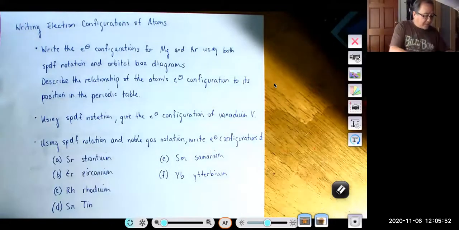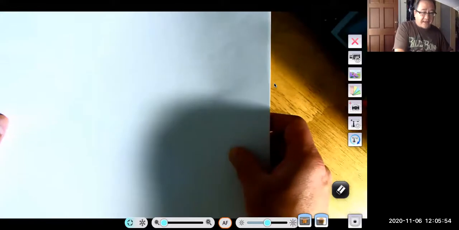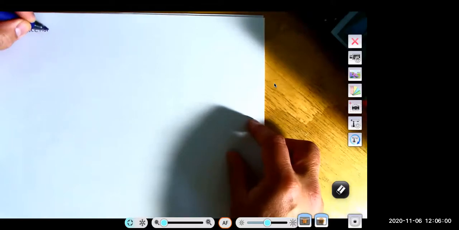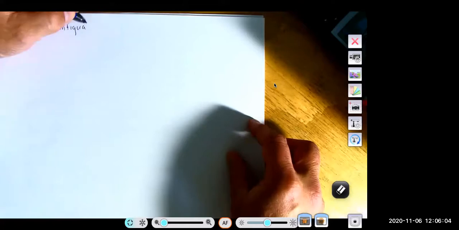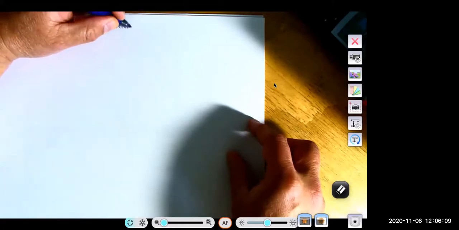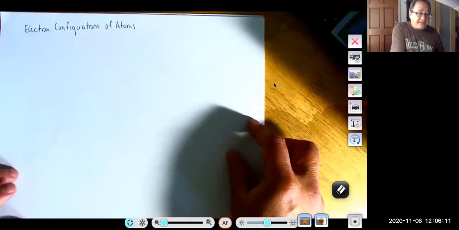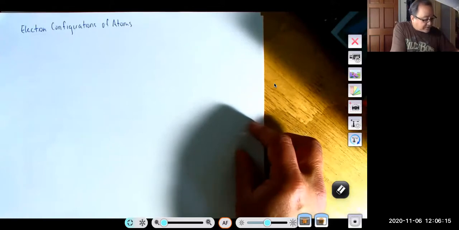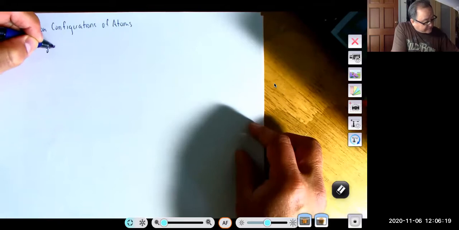Okay, when we look at the electron configurations of atoms, we're going to be looking at these in a number of different ways. First of all, I'm going to say for the electron configurations of atoms, we're looking at the ground state,